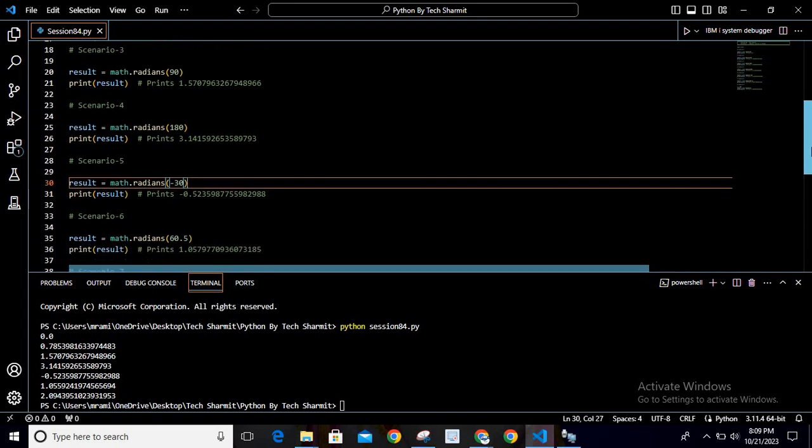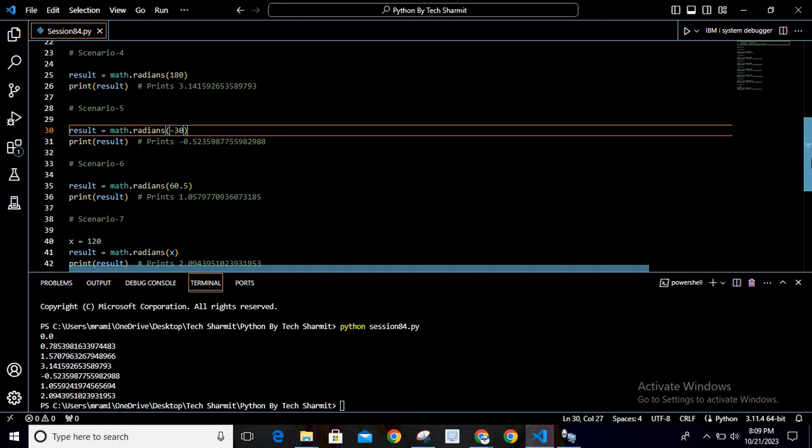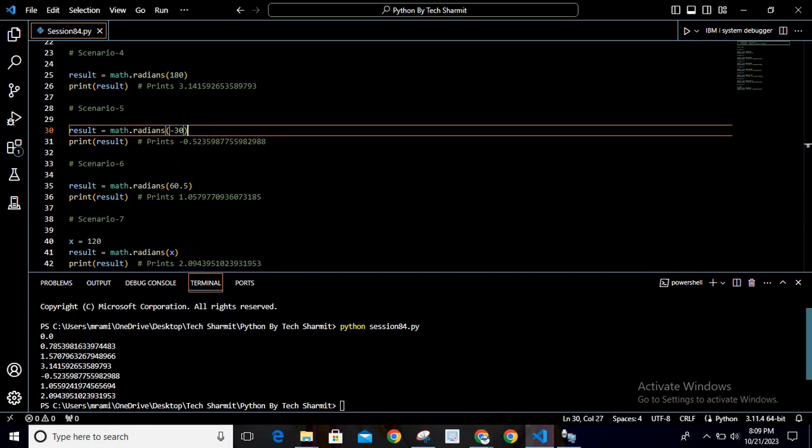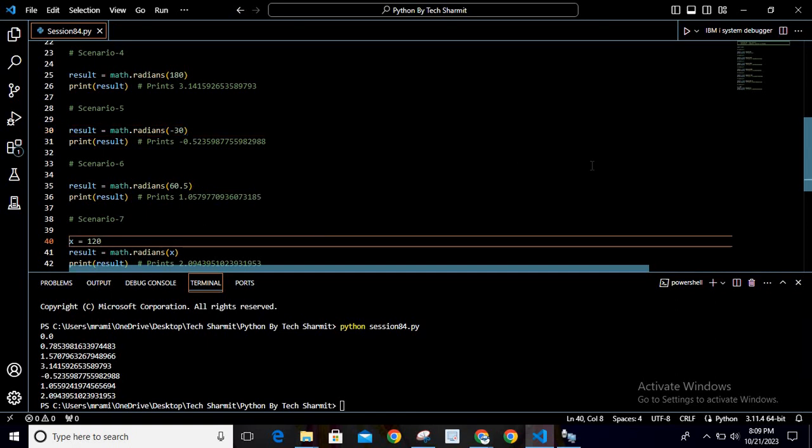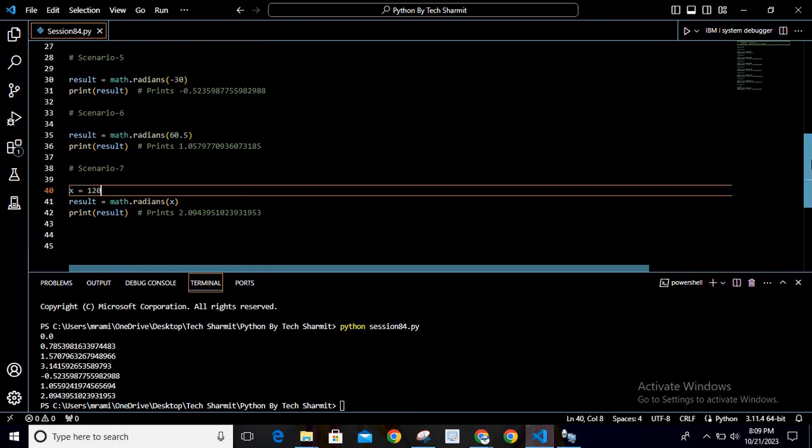Similarly, if there is any requirement where you want to calculate the radians for a negative value, you can pass it like this. Here on line number 30 I am using math.radians for a negative value, which is minus 30. The output is minus 0.525398 something. Similarly, if we want to pass a decimal value, you can do that. Here I am passing the value as 60.5. When we convert 60.5 degrees into radians, the output would become